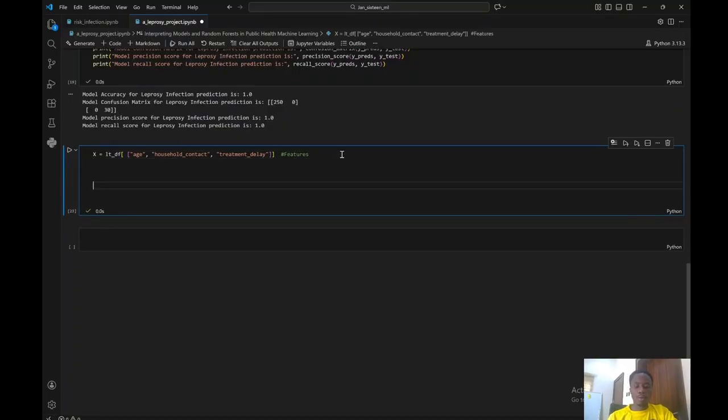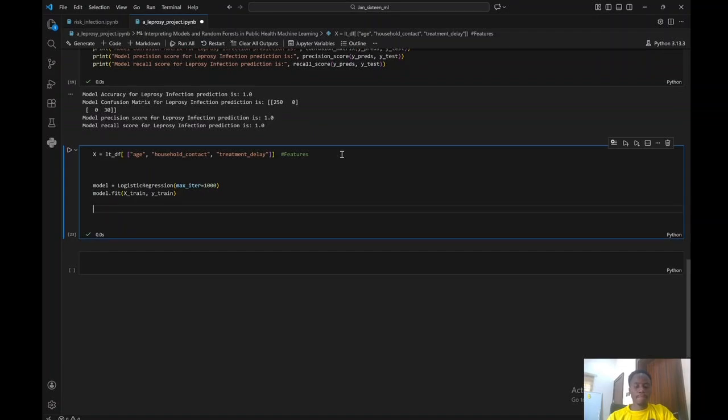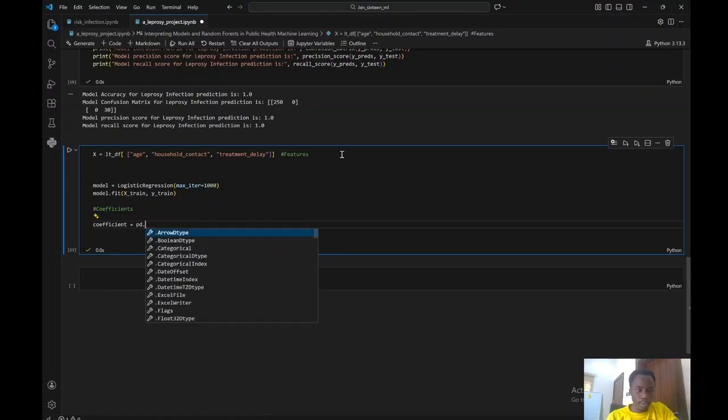Now remember that we can just train our model again. Model is equal to logistic regression. Then we can pass in the maximum iteration to be 1000, and we can say model.fit. I will pass x train, y train. Now what we will do is to get our coefficients, because we want to actually create the coefficients. We'll say coefficients is going to be equal to a pandas data frame,